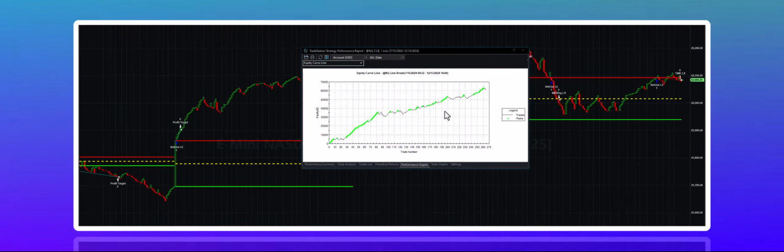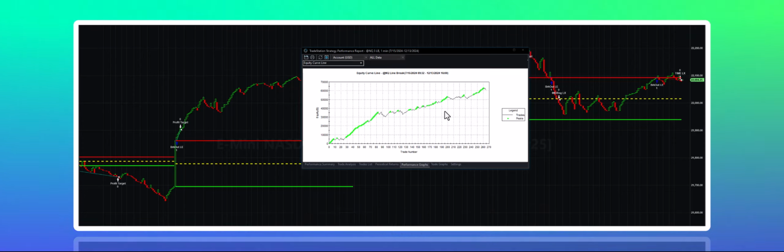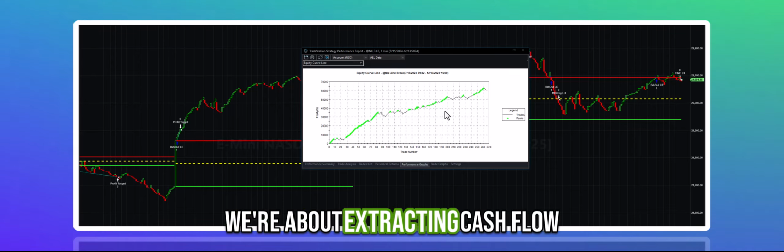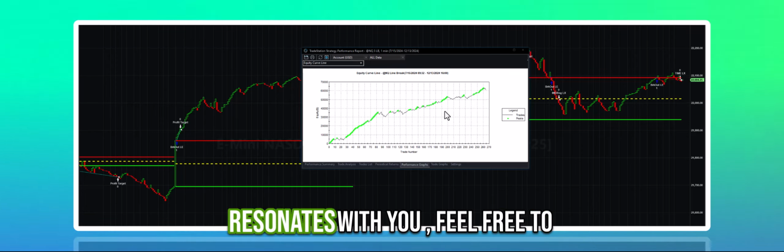As a trader, it makes no difference to us, the highs or the lows. We're about extracting cash flow from the money flow. And if this resonates with you,